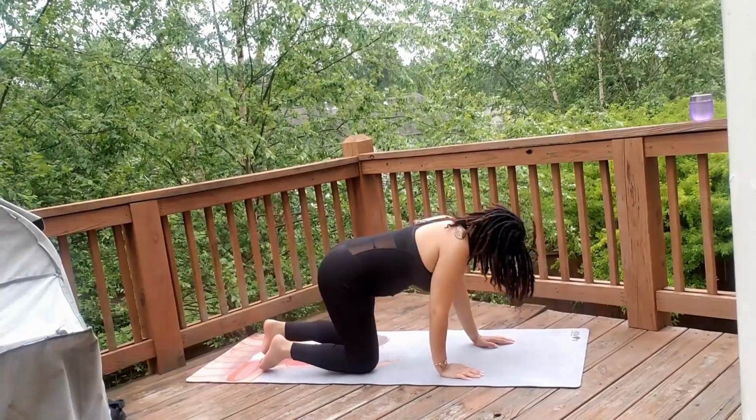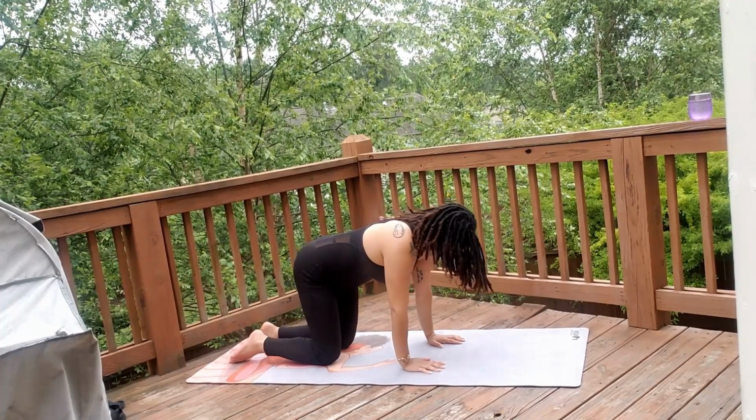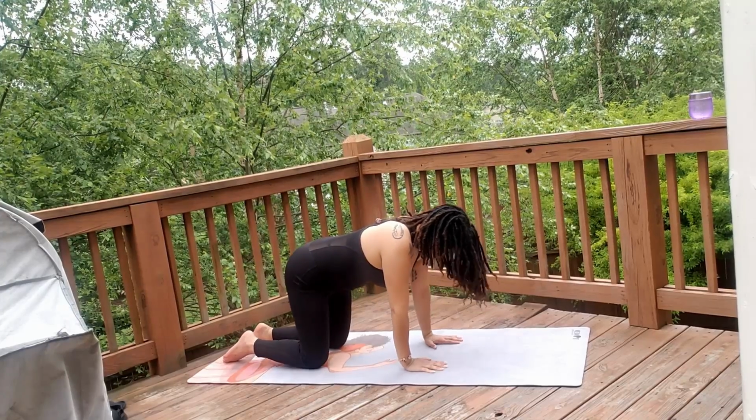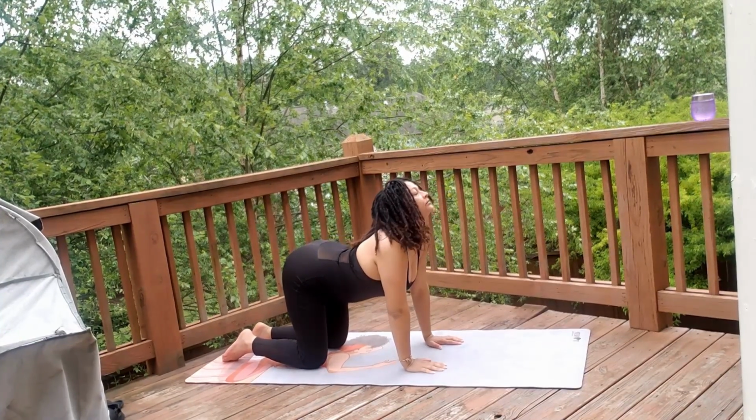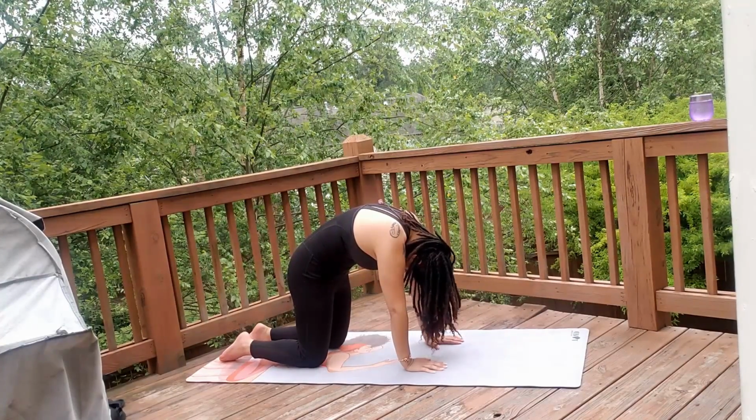And now we're going to get over into our tabletop position, making sure that our wrists are directly underneath our shoulders and that our knees are directly underneath our hips as we come into our cat-cow. In our cat-cow,